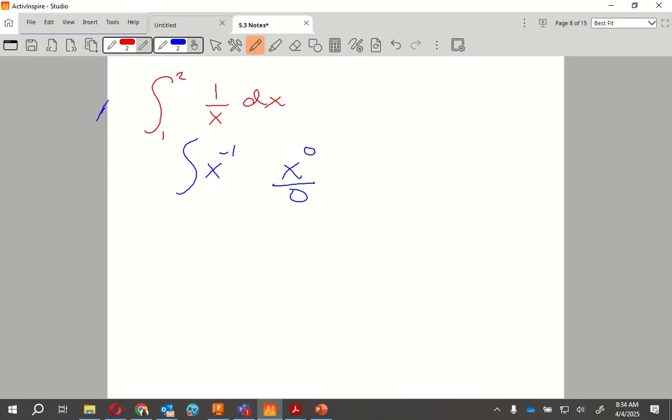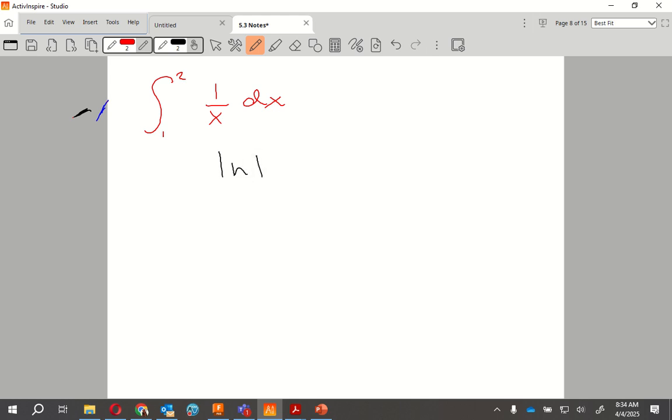And because this did not undo my 1 over x, that's part of why we have the ln. But there's also a lot of real stuff to go along with it, besides just that failing. But just to show you, if you ever tried doing that, you'd be like, oh, 0, okay, so there's something else. So it's ln x